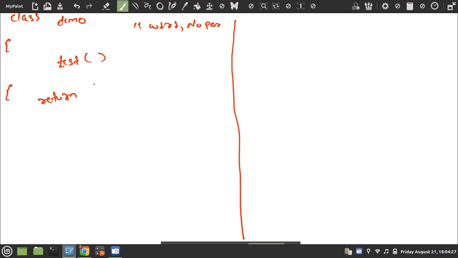Return 20.5f, close. So I am returning this value. Which kind of data is this? Float. Means what should be the return type? Float. Getting?